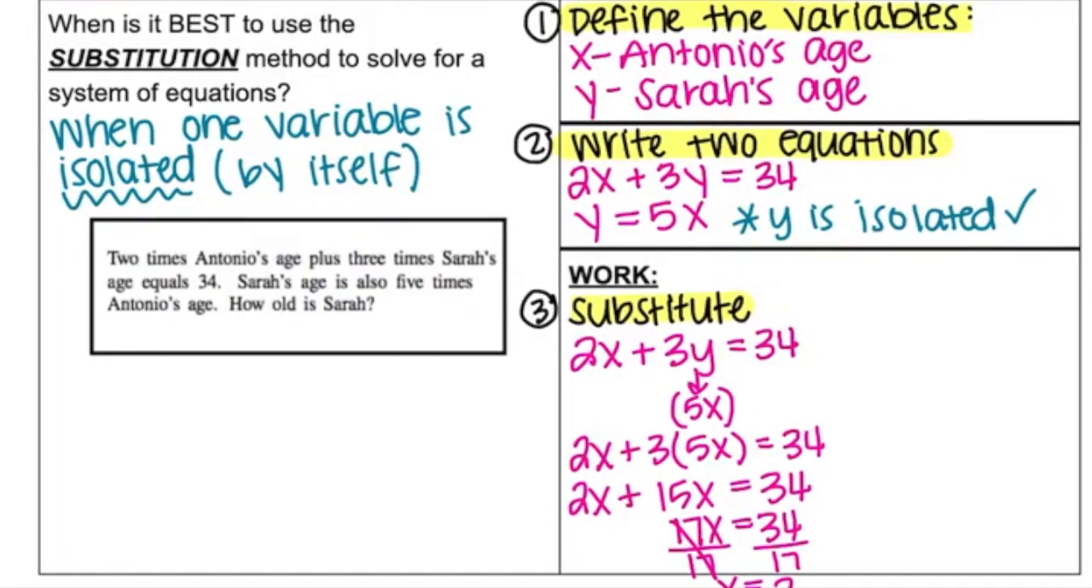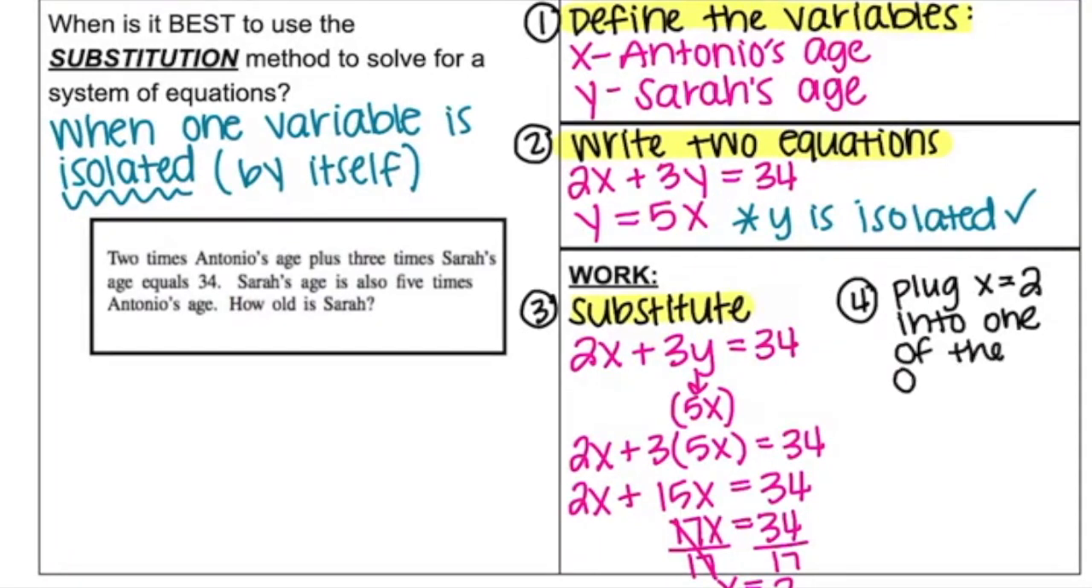Well, now that we know x is 2, we can take 2 and plug it back into one of the first equations. So we can plug x equals 2 into one of the original equations. Okay, so if x is equal to 2, here's what we're going to do. We're going to take